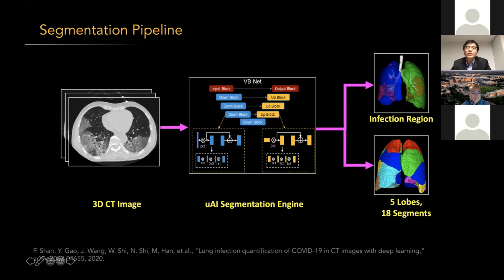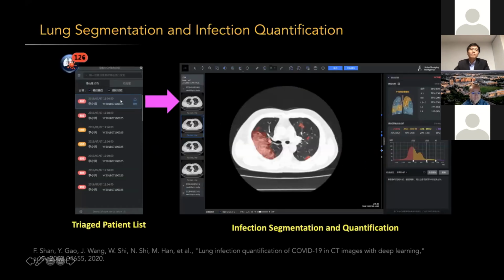So in this way, the algorithm can be trained better. So I just spent some time on how we use human in the loop to make this segmentation algorithm more and more powerful. Then when we develop these algorithms, we also have all the software packages installed in the hospital,